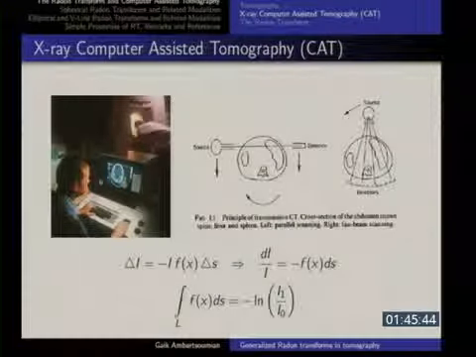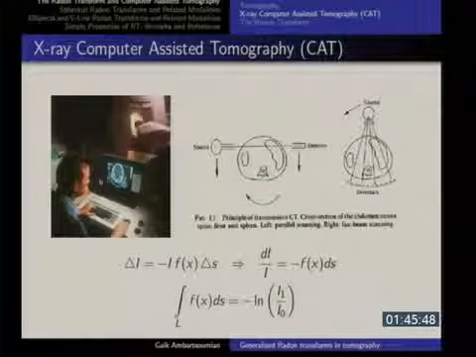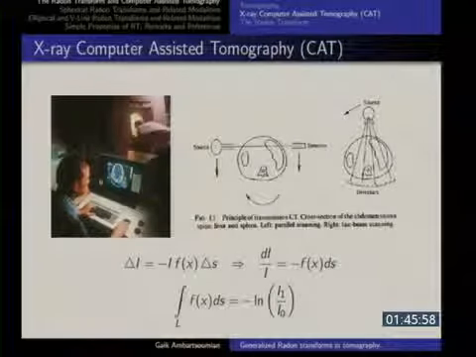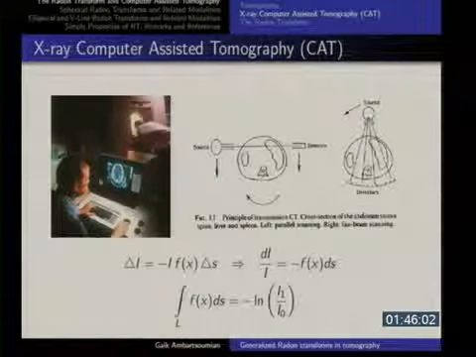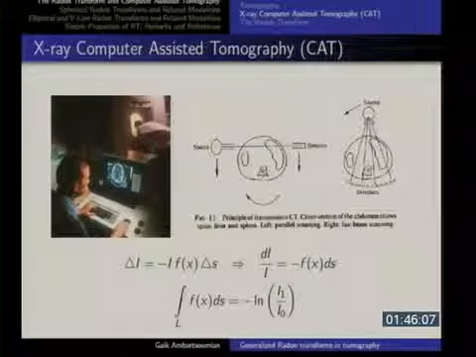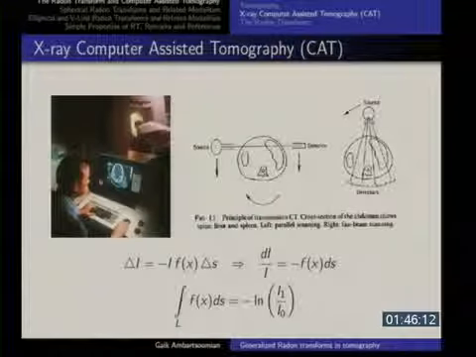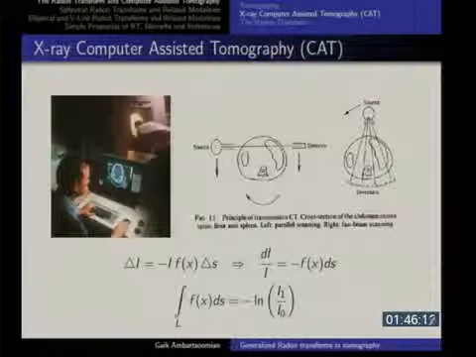So how do they do this? This is a very, very simple sketch. Let's say this is the cross-section of the patient. This is the source of the X-rays. The X-ray goes through the body. They know the intensity, they generated it. They know how many photons the intensity is, for the simplest case, the number of photons flying out of the source per second. And then they have a detector that measures the intensity. Clearly, when the ray goes through the body, the intensity drops. So the only thing that they detect is the drop of the intensity. They know I0, the intensity here. They know I1, the intensity when it goes out.